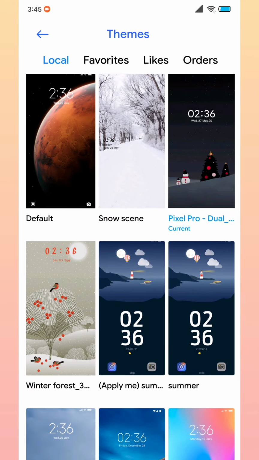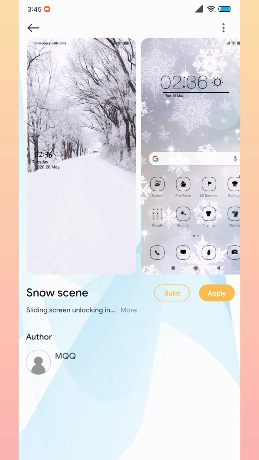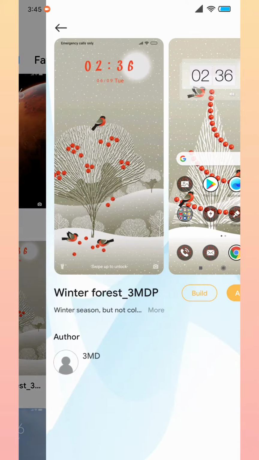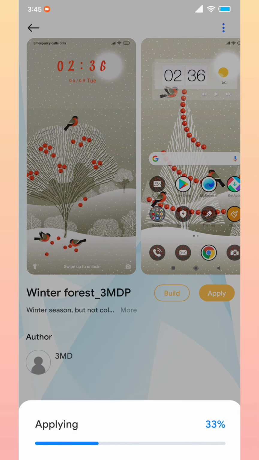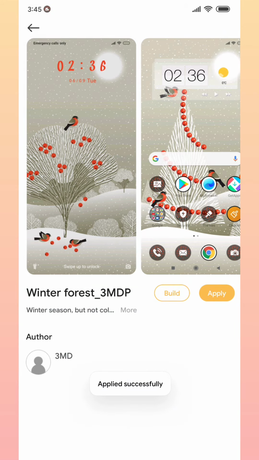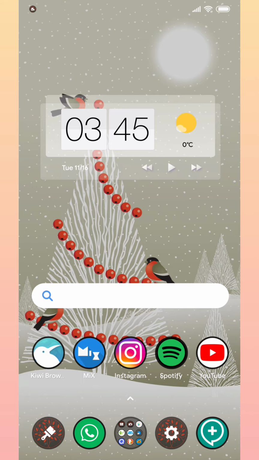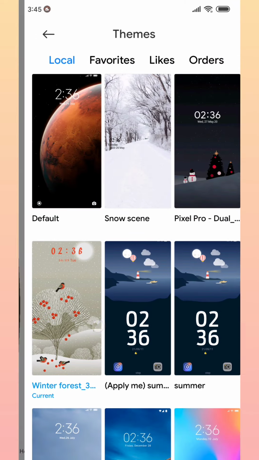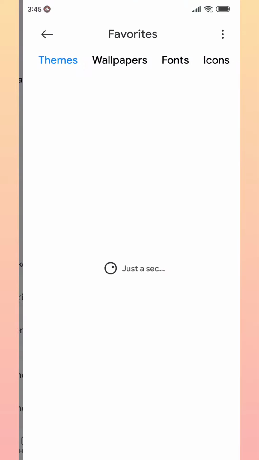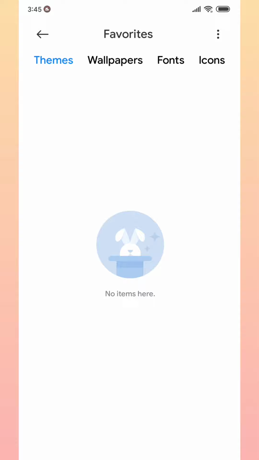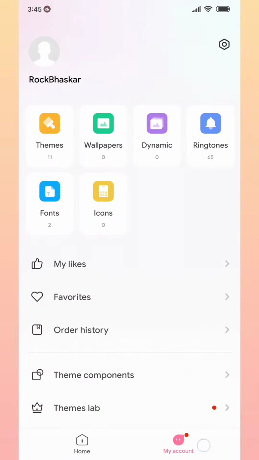These 3 themes are from the global server, but you can apply and use them until you delete them. Anytime, like if I want to use Winter Forest, I can apply it directly. And see, it has applied without any issue. And the thing I told you about the favorites tab, you can go to favorites. Here you can see the theme that I selected as a favorite in the global theme server is not showing here. I have chosen 3 fonts as my favorite in the global theme server, but they are not showing here. And the account is already logged in, you can see.